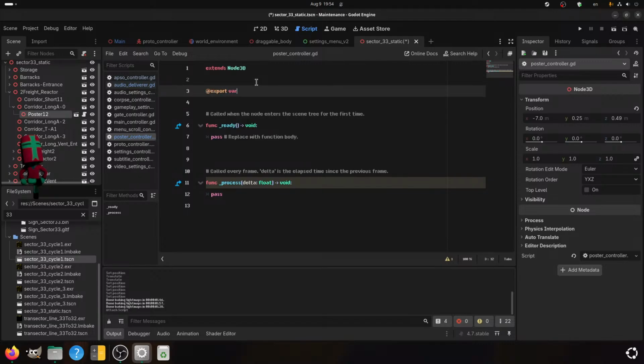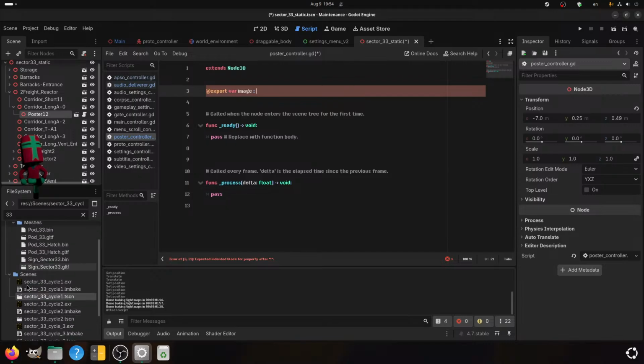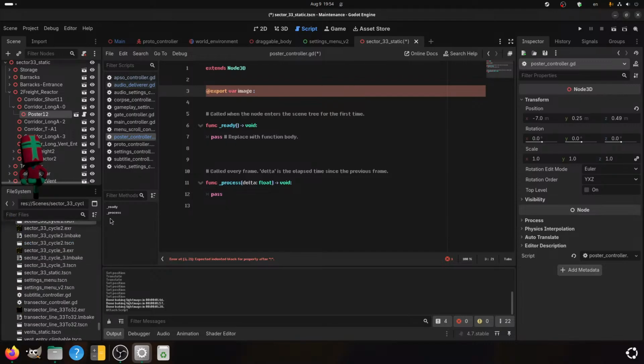We want to export var image. How exactly? Let's see.